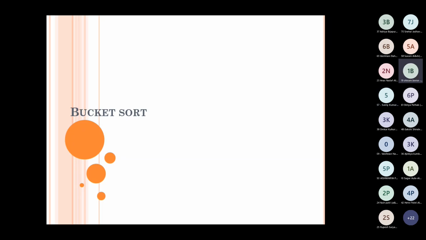So all these sorting methods we have seen, and we have seen that in all of them the elements are compared so as to sort them in proper order, right? And we have also seen the complexity of all those sorting methods. It is never less than order of n log n.